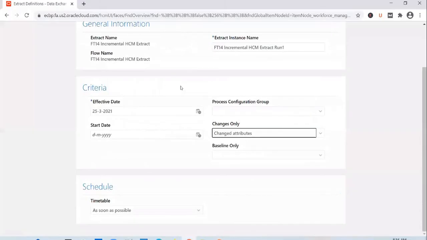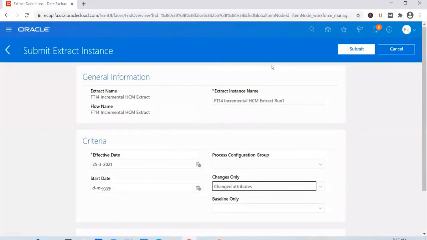So for that reason only we are building this extract. Probably we might have to send it to a downstream system. And if that downstream system already has all the employees, it could be a case that you might have loaded the employees from that downstream system into HCM Cloud in the first place. In such cases, there is no need to send all the employees in the first extract because those already exist in the downstream systems.